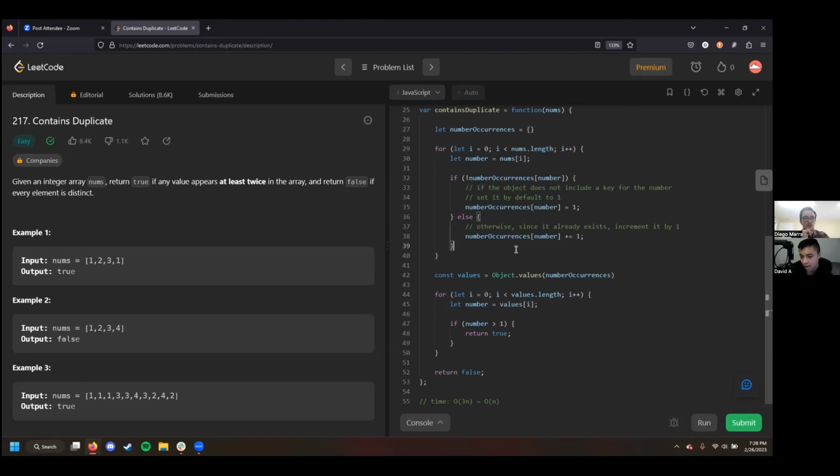Okay. And then are you familiar with sets? The data structure? Kind of. Yeah. Sets are similar to an object, in that it holds uniqueness, but think of it as just the key part instead of the value. So you add it to a set. If something's already in a set, it doesn't add it again. So a set is useful to figure out uniqueness, because you loop through this array